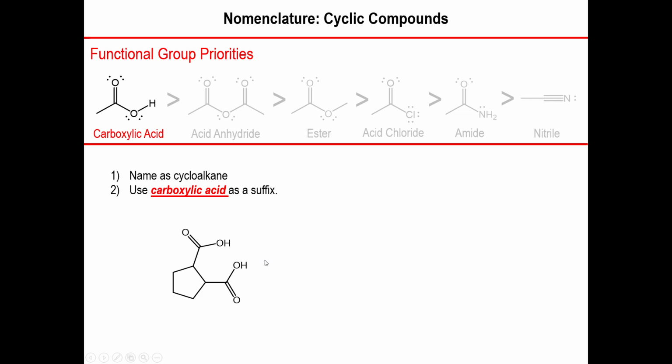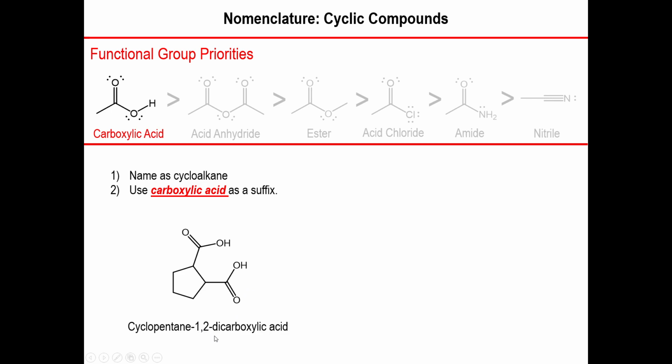So if you look at this thing, the parent chain is a cyclopentane ring, but we have 2 carboxylic acid units sticking out of the ring. And you still want to give those positions on the ring the lowest numbers possible to favor the functional group, the carboxylic acid functional group. So this will be position 1, that will be position 2. And so we will say, yes, this is cyclopentane, but we have the carboxylic acids, 2 of them, at positions 1 and 2. So this ought to be called cyclopentane-1,2-